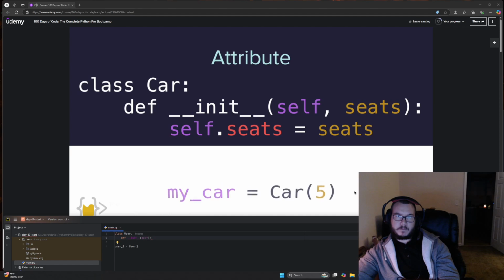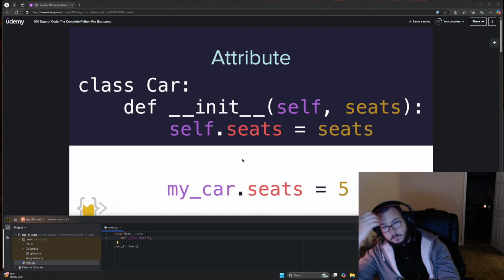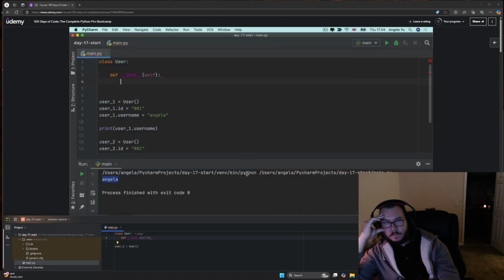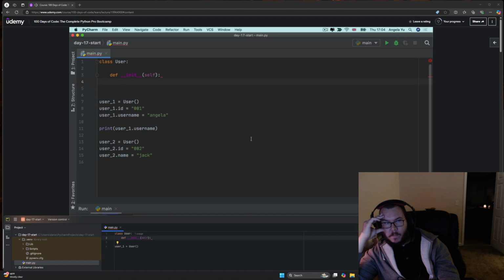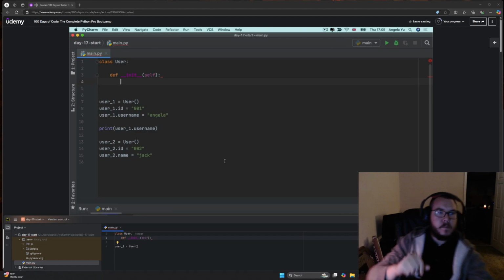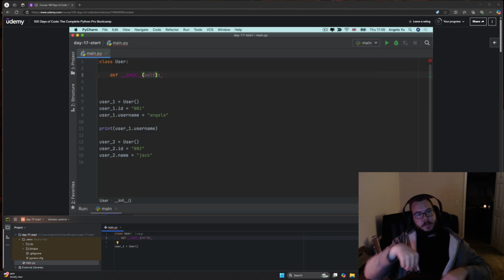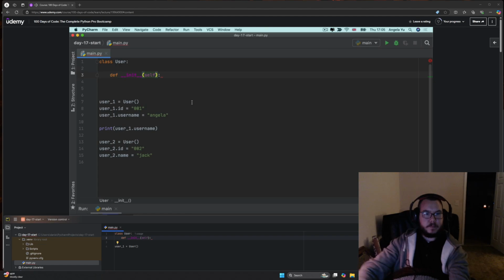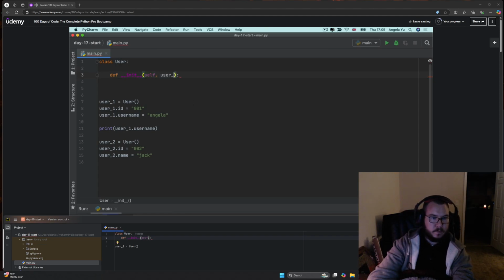And this is exactly the same as if we created our mycar object first, and then we said mycar.seats equals 5. It's completely the same. But it does make it a lot quicker when you're creating a lot of objects that need all the same attributes. Let's see how we would do it here. We've got our init function already declared. So if we wanted to pass over a user ID when we construct our objects, we can add that as